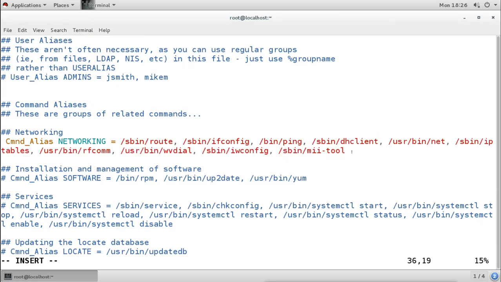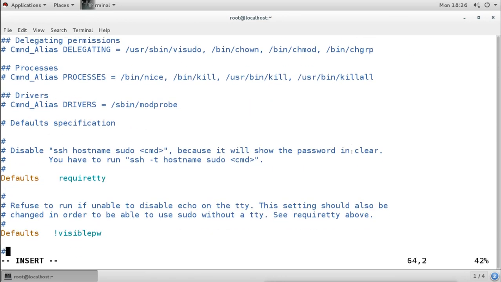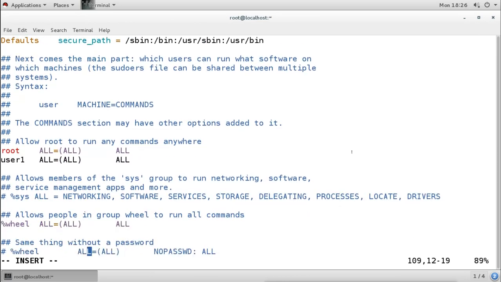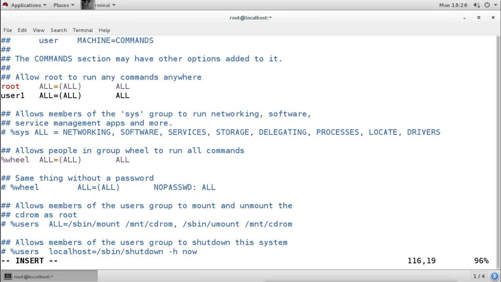Now we gave all. All means the user can run all the commands for anything. If we want to give permission to any user, we can just add those users here one by one. But if you have 50 users and you want to give all 50 some permission or some command, it is not easy to give all the usernames here. So what we can do is add them into a group. We can create the group, add them into that group, and then give the group permission. If we want to give the permission to the group here, then instead of mentioning the username, we will mention the group name.